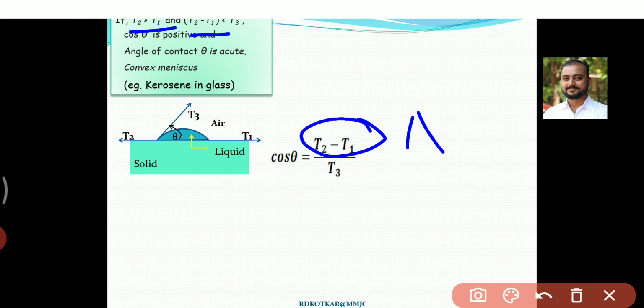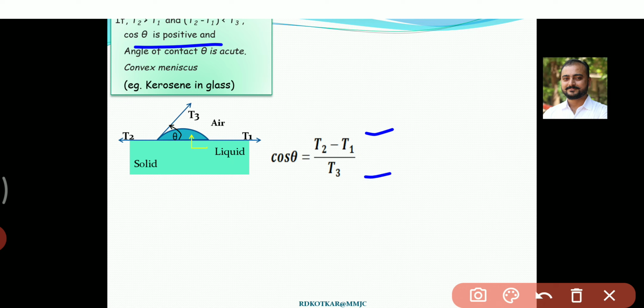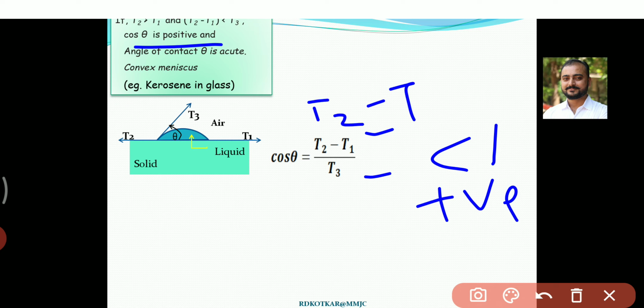Here you observe that cos theta becomes positive. Why does cos theta become positive? Because this number is less and this number is greater. Numerator is less, denominator is greater. As you make the division, cos theta turns out to be less than 1 but positive, because T2 minus T1 is positive. Understood? Then the angle of contact formed here is acute,